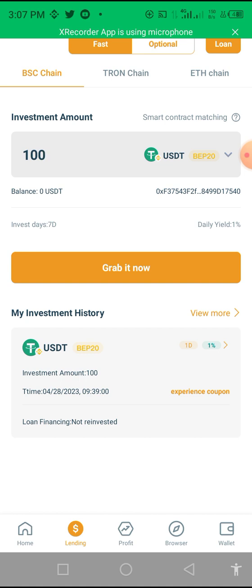So once you make the deposit, you click on grab and then enter the contract by confirming it, and then you also proceed and toggle the button that says auto renew or auto invest, something like that. Once you click that, it will automatically renew each time the contract expires. Every 7 days it will renew itself. As you can see from this end,